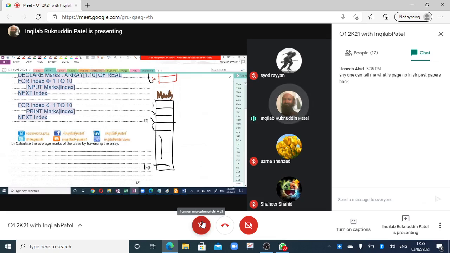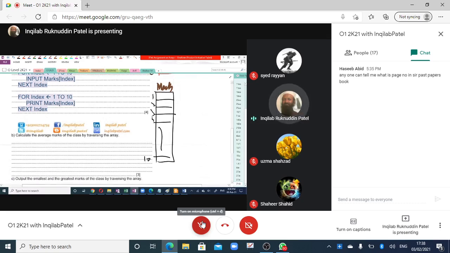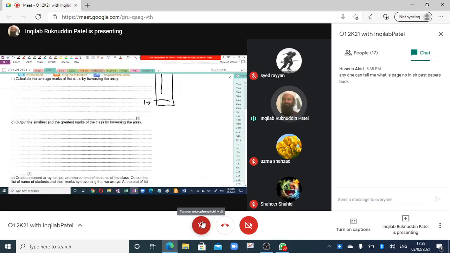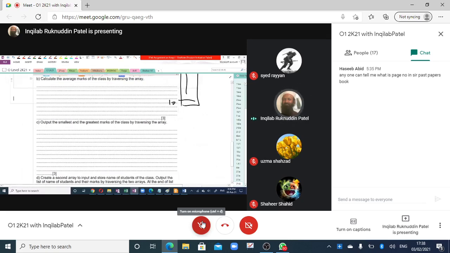To calculate average, we need to know total. Then total will be divided by 10 to calculate average. Right, so we need to know the total. Basically, in our syllabus, we have 4 different types of concepts that are tested. These 4 concepts are counting, totaling, highest and lowest values.